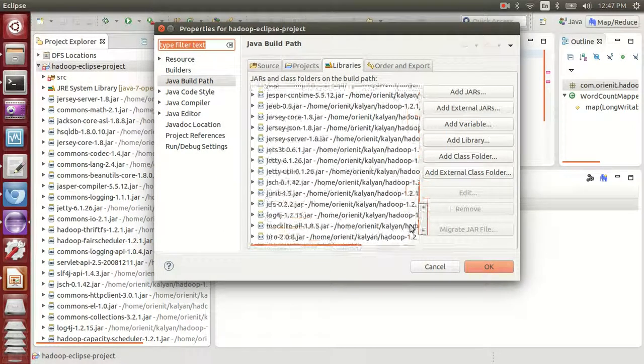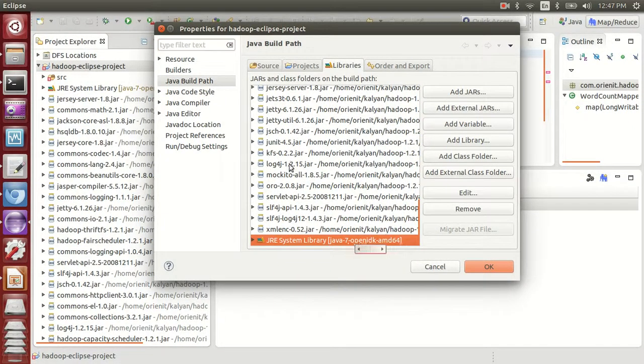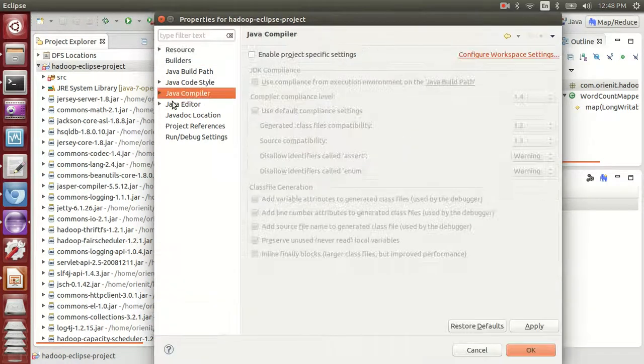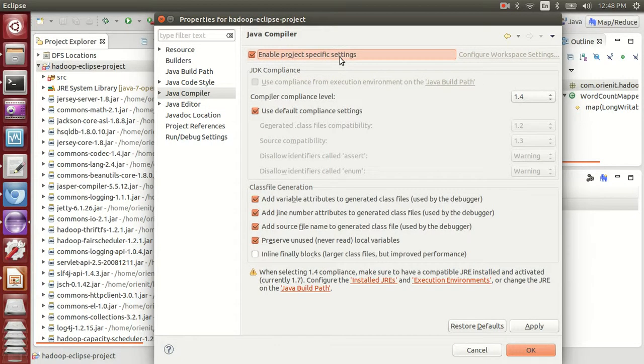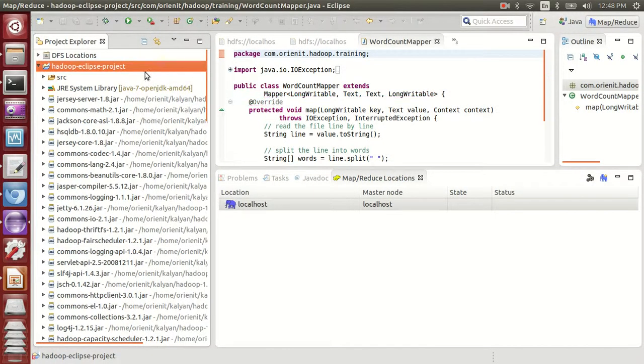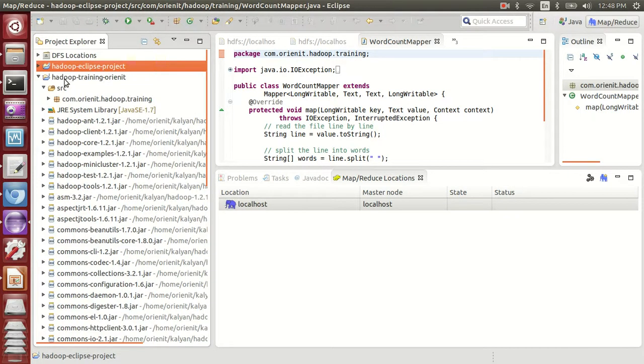This is already changed to 1.7, and the next one is the compiler. Enable this, and change the compilation to 1.7, apply, yes, then OK. Now the project is fully fixed, otherwise it will show a red mark for you, as you saw in the old one.